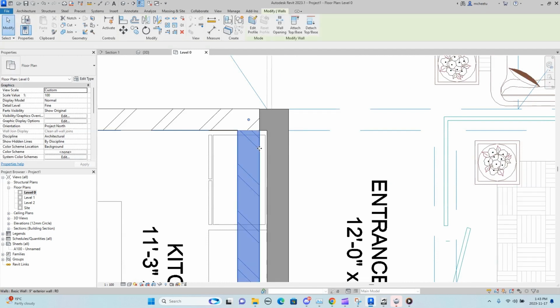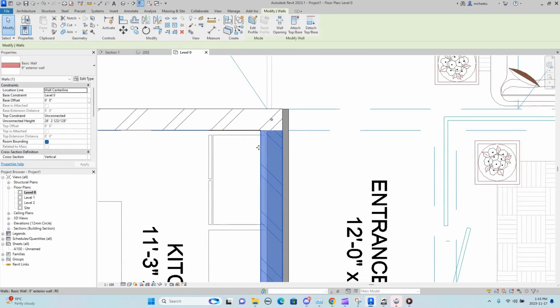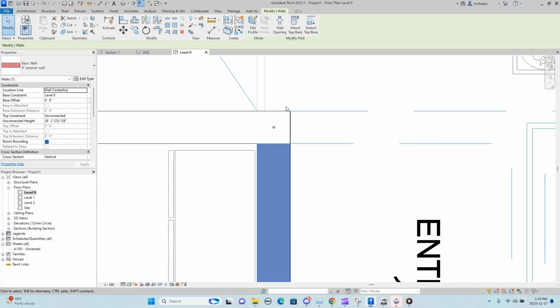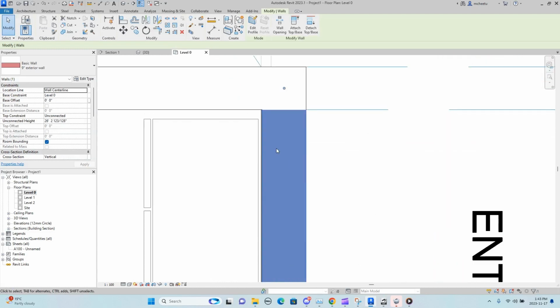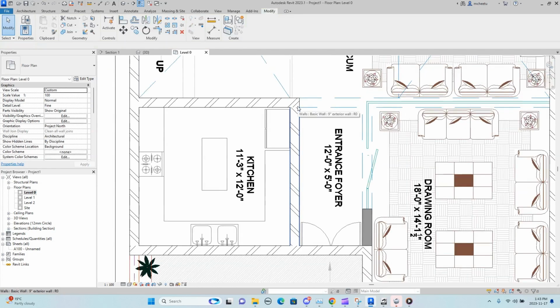I'll just eyeball it for now. The snap and all that settings I'll show you later. Okay. Or again, there's another option. So if you see,